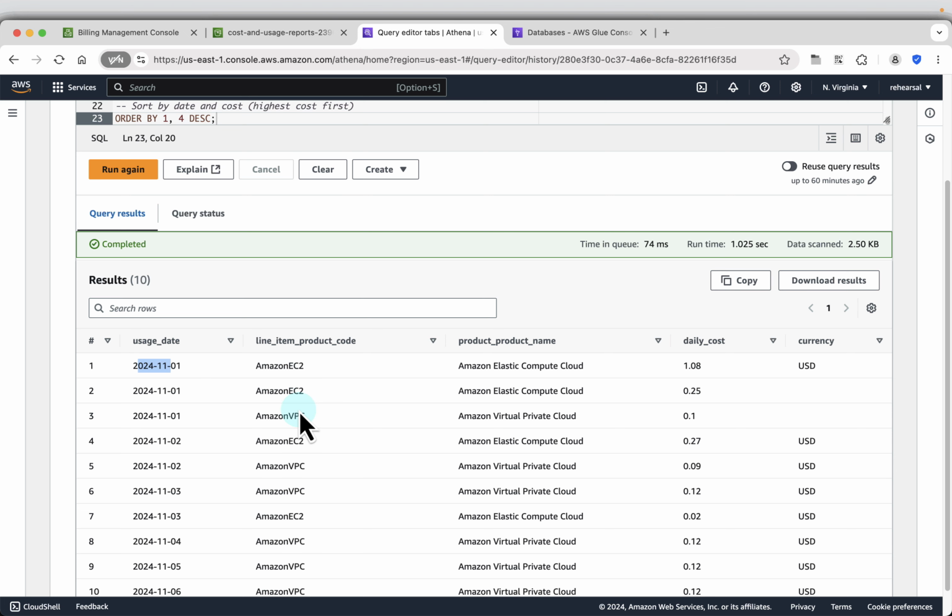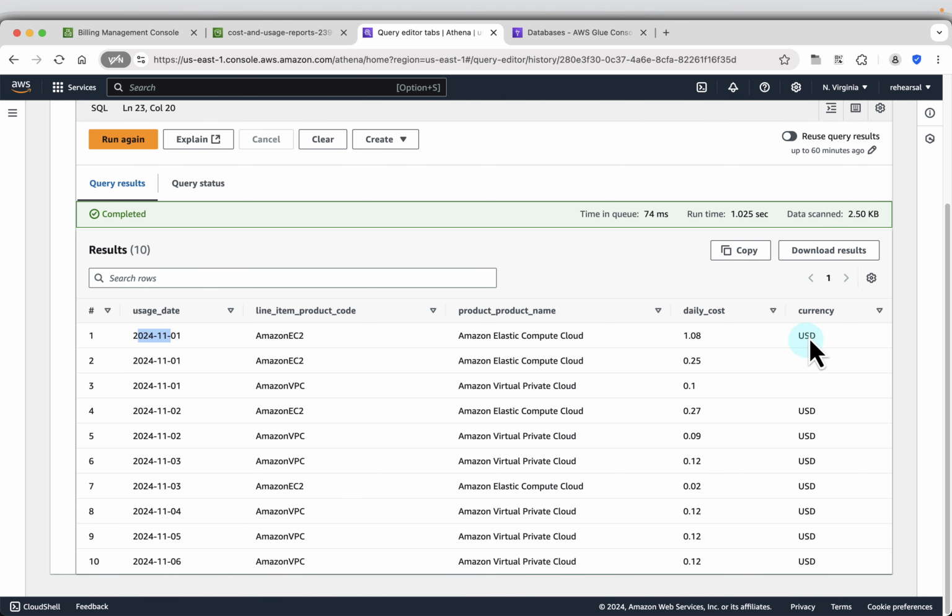So I can see EC2, VPC. These are the daily costs and how much was spent. On 1st November I can see the highest was EC2, and next is VPC. This is probably in some other region, so that's why it has a separate entry. Okay, the next query that we will see is